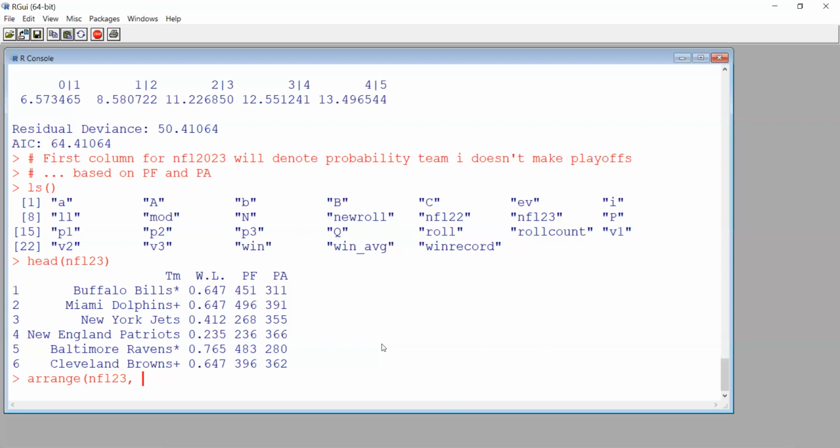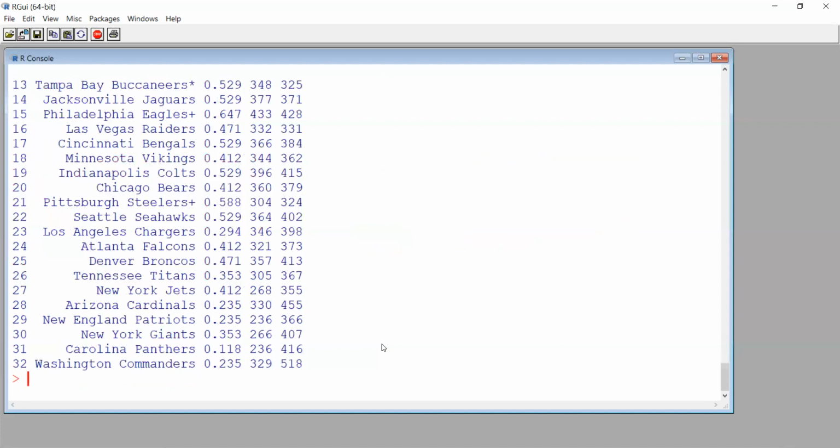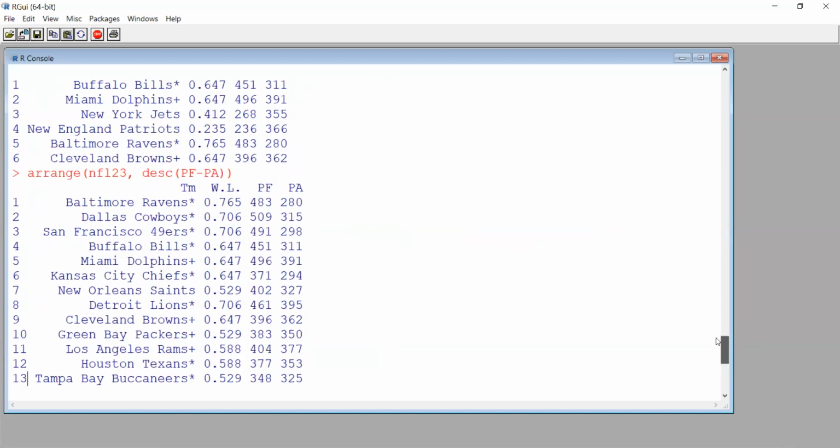Part of this is just to get you used to these commands too. Descending, and let's take points for minus points against and just see what we get. So this should arrange it by the strongest team. These are the teams that have the best point differential and that we expect to do well in the playoffs.